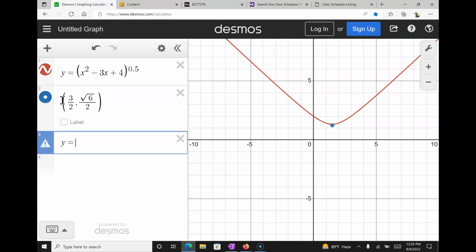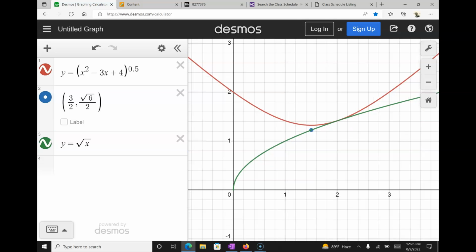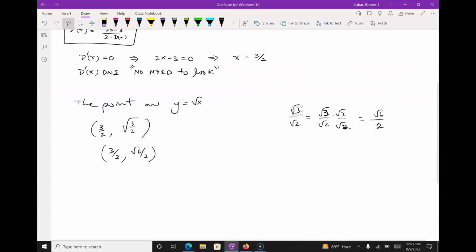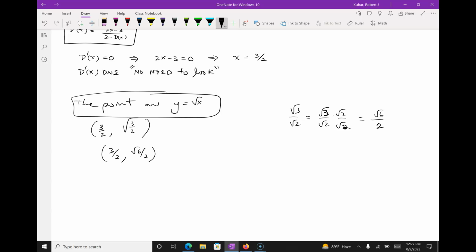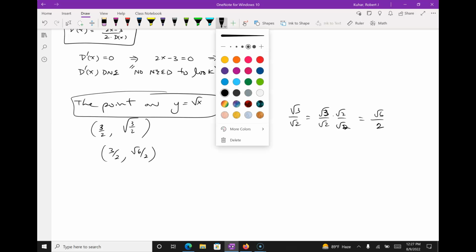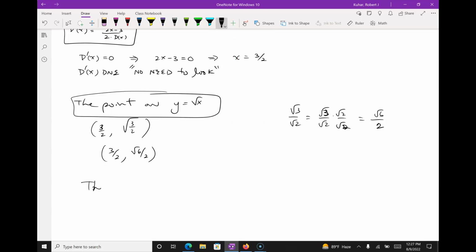So y equals square root of x, and that's making more sense. That point that I had is not the min distance. It's the x value for the min distance, right? The y value would be the distance, correct? So let me fix that. So the point on the original function, I had it right. The min distance, right,